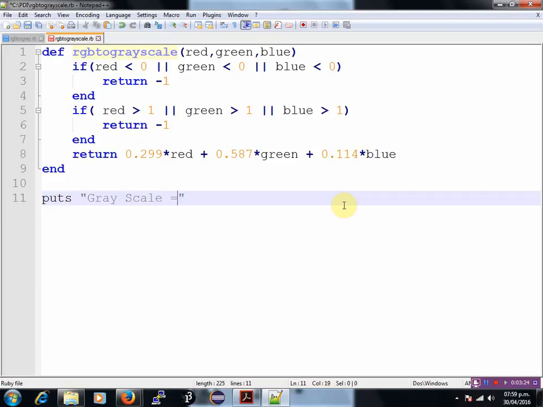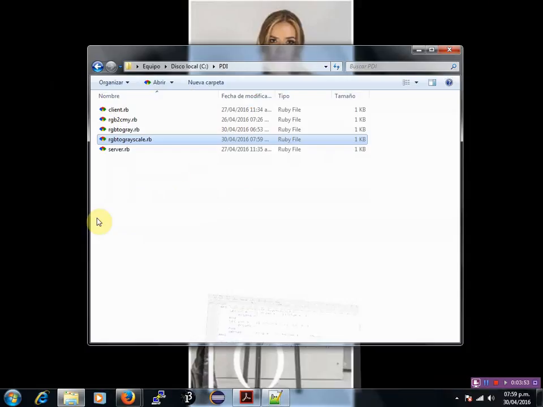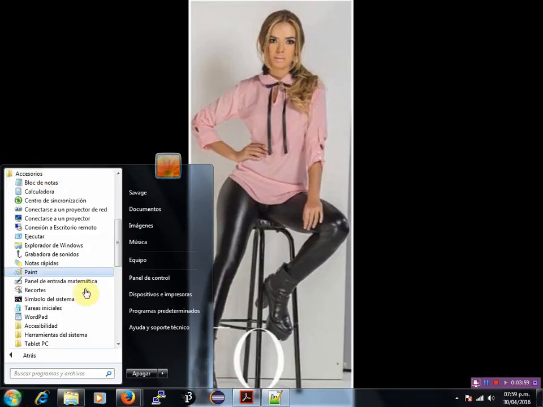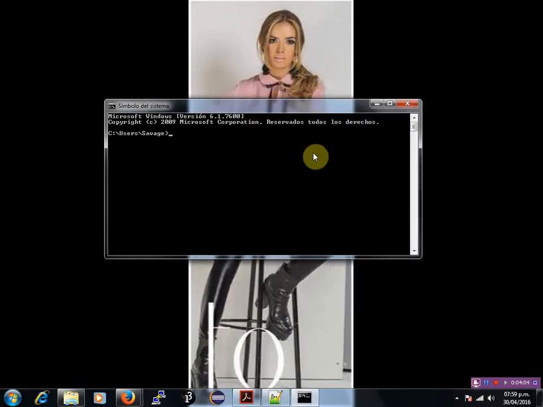grayscale equals to hashtag curly braces RGB to grayscale and enter some inputs, that is 0.5, 0.42 and finally 0.01. Okay, click and save, close all but dist, minimize this window, open all the programs, accessories, command line, clear the screen,